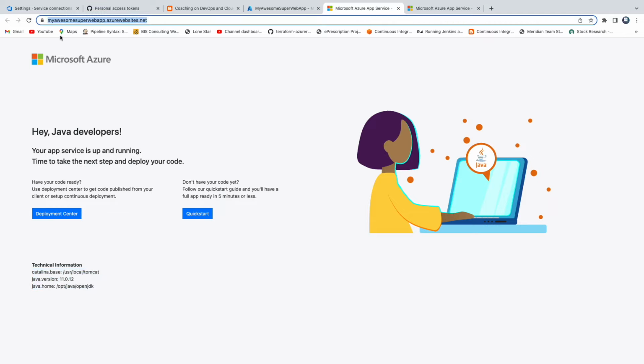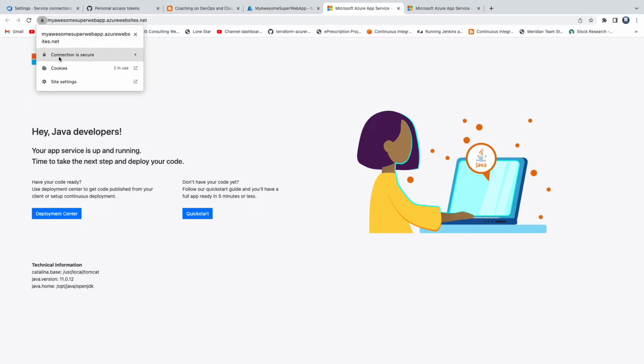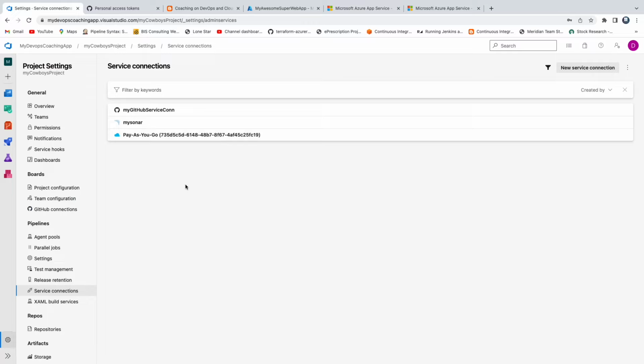So our web app is created. As you can see here, this is secure. And this is where we are going to deploy our Java based application. Awesome. So let me go back to our